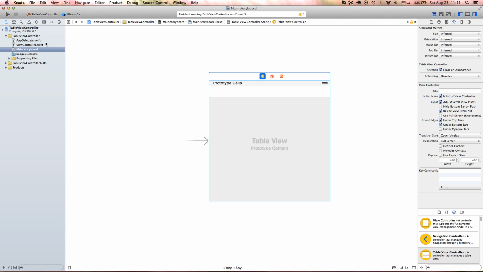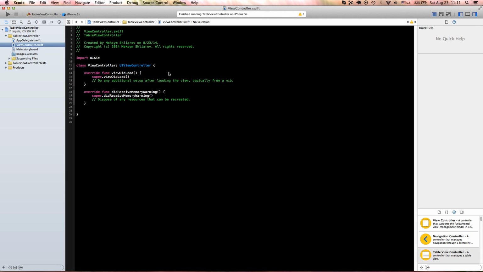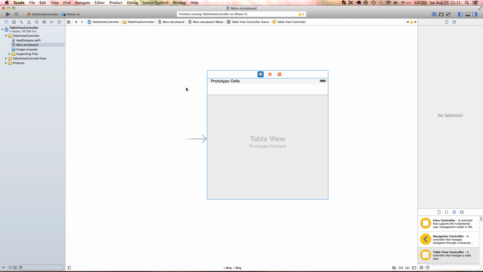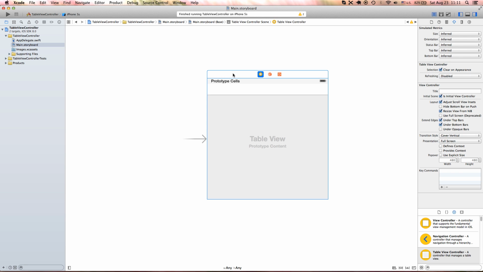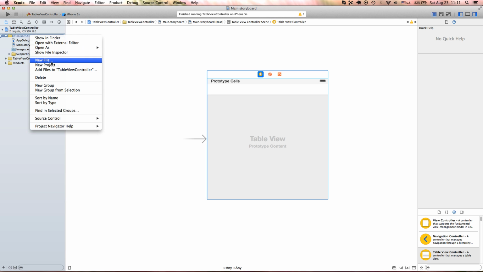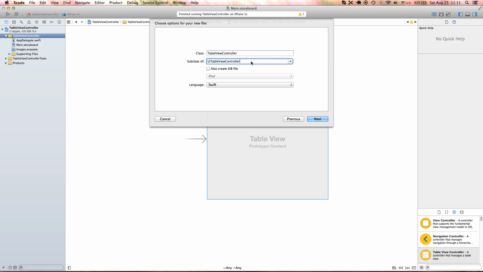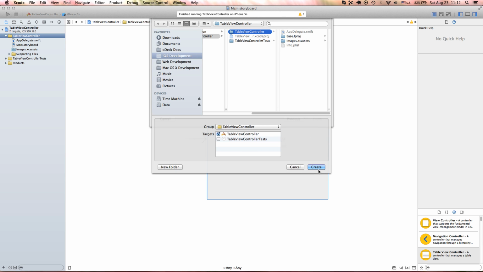Okay guys, also we can remove our old view controller code right here. Let's move it to trash, we don't need it. Let's create a class that will be associated with our table view controller. Let's click new file, attach class. Oh, it's already set up. Select a subclass as UI table view controller and let's call it table view controller. Make sure the language is Swift. Click next, create,